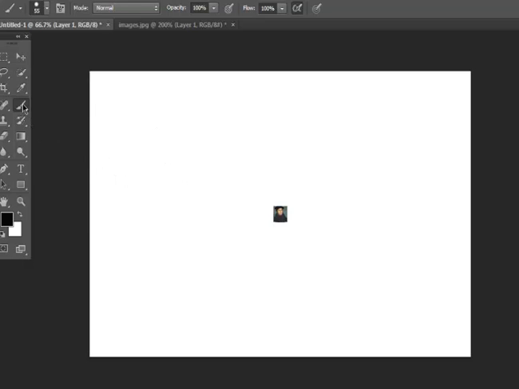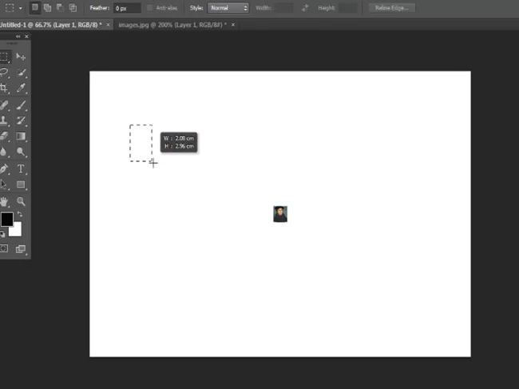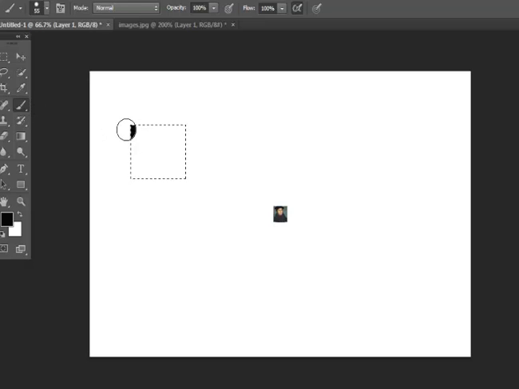In order for me to create a perfect square, I will use the marquee tool. After creating a square, I will use the brush, and as you can see, it will never go beyond the line.